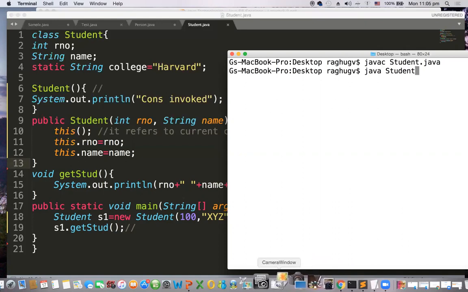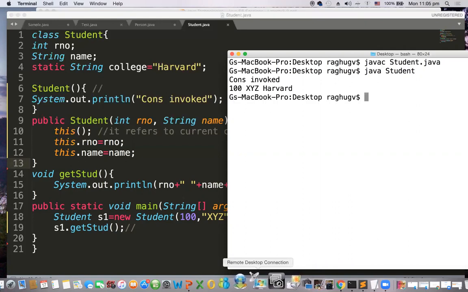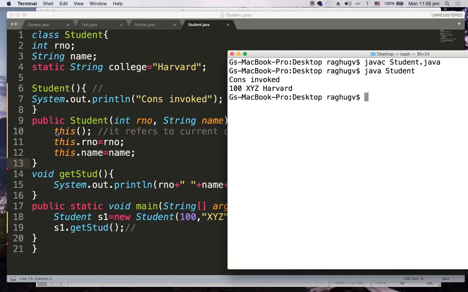Whenever you call the student constructor, it is in turn calling this constructor that refers to the current class default constructor, and it prints const invoked, and then s1.getStudent, and these details should come, right? So: const invoked 100 XYZ Harvard. Okay, so this is how this constructor can be used.